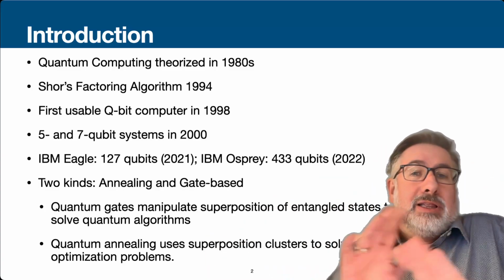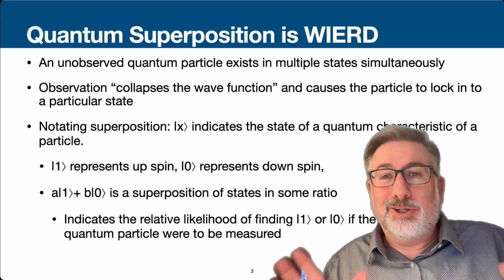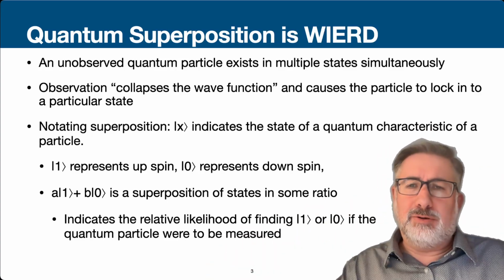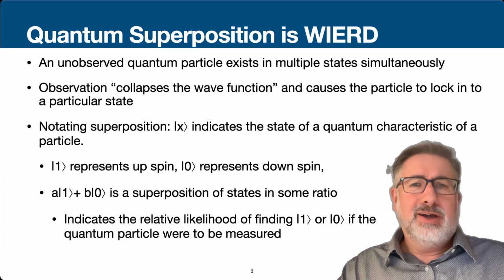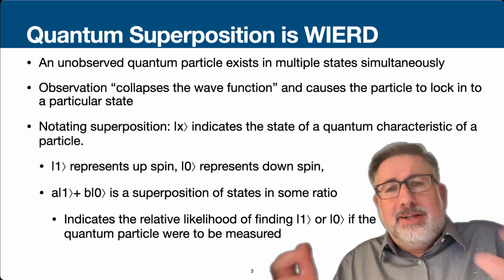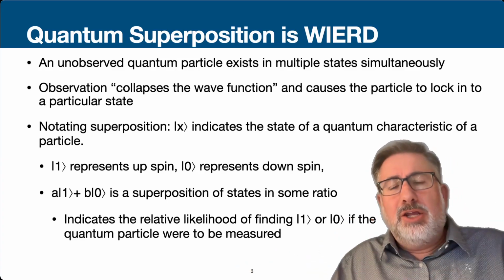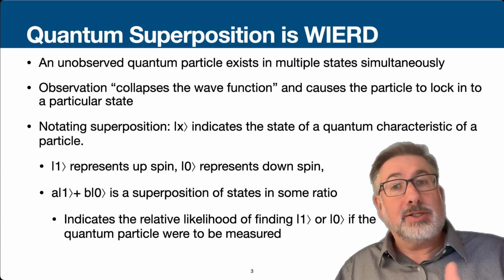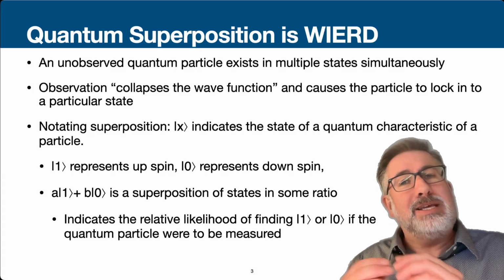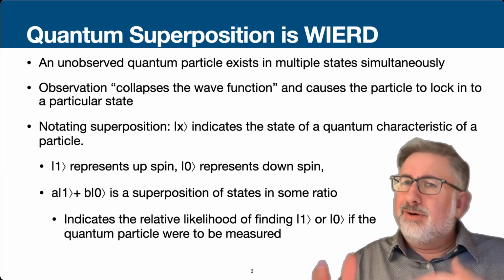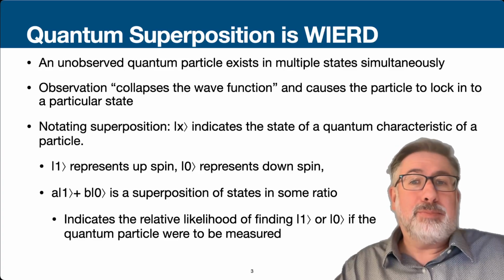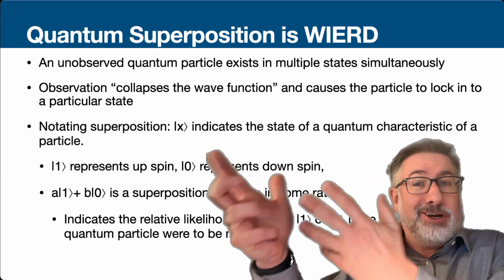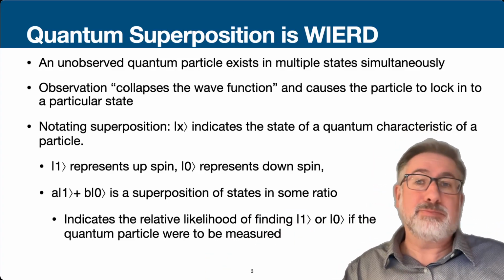So let's start with the idea that quantum superposition is weird. There's a ton of videos out there on quantum mechanics. This shouldn't be anywhere near a solid explanation, but it gives you an idea. So in quantum mechanics, we have this idea of superposition, where you can set up a certain circumstance where a particle might be either in one state or another, right? Schrodinger's cat is the example that is often used, and in fact, Schrodinger set this thought experiment up to show how ridiculous he thought this idea was, and in fact, this idea has been proved to be true.